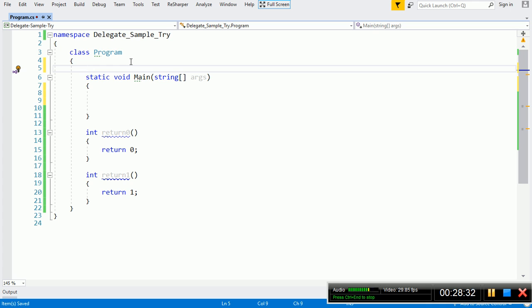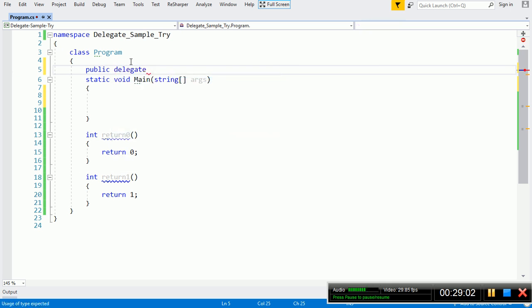We have to write it within the class only, because when we use the delegate keyword, it will create a new class with the name we give. We can't create a class inside a method, so we have to keep this outside. The Func and Action delegates we can keep inside main, but a custom delegate we can't keep inside any function. We have to keep it inside a class.